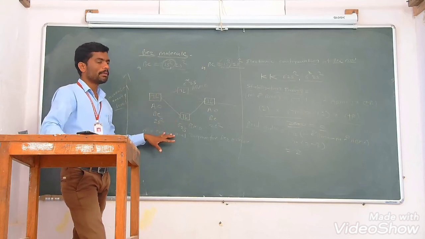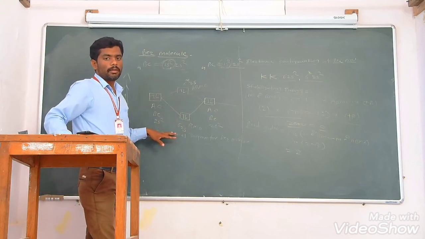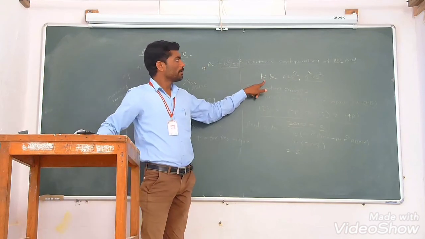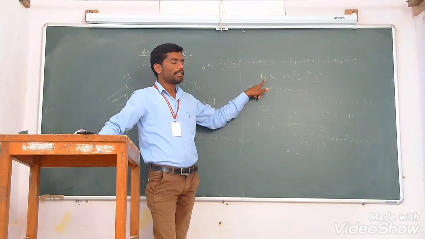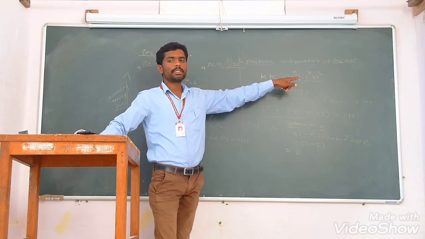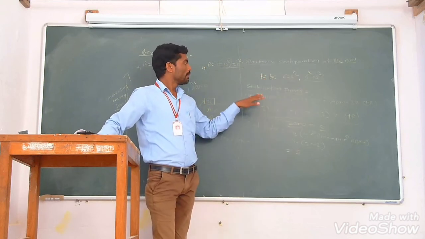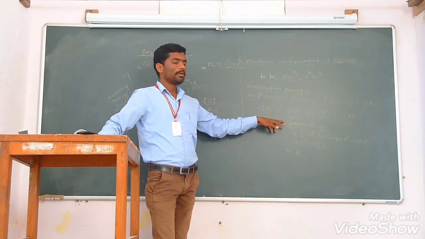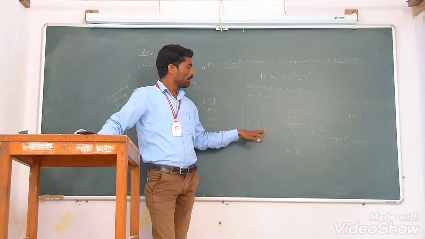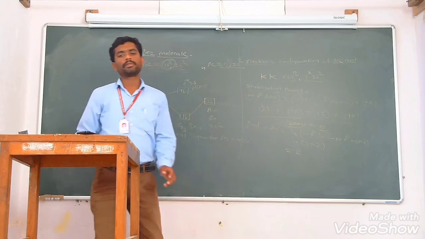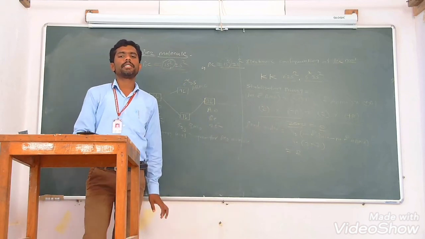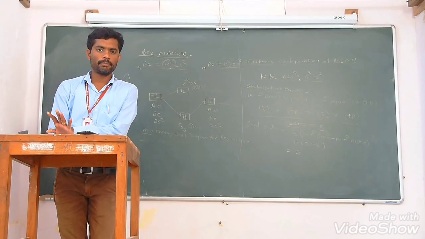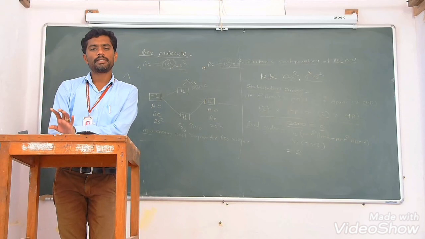This is about the energy level diagram for the beryllium molecule. This is the electronic configuration for the beryllium molecule, that is KK sigma 2s2 sigma star 2s2. This is the stabilization energy. The stabilization energy of the beryllium molecule is 0. The bond order of the beryllium molecule is also 0, and the beryllium molecule is diamagnetic in nature. Okay, today we stop here.